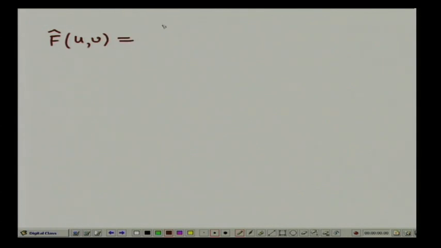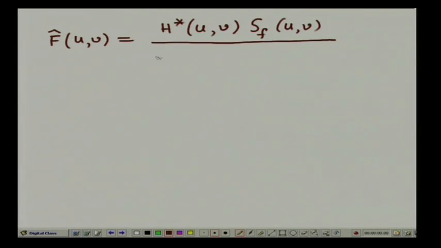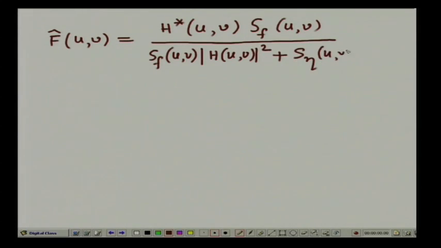This will be equal to h star u v into S f u v, divided by S f u v into h u v square plus S eta u v, this into g u v, where this h star indicates it is the complex conjugate of h u v, and g u v as before